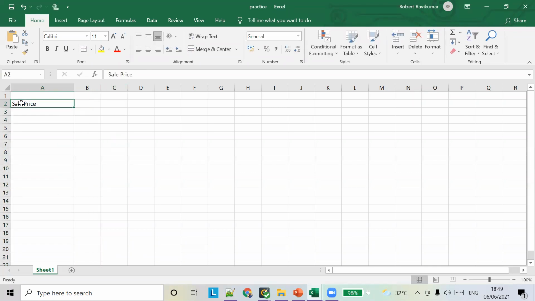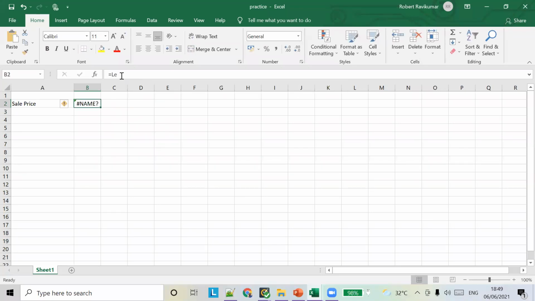This is a text, and in this, each one is a character. S is a character, A is a character, L is a character, E is a character. So if you want to take four characters from the left, you have to use this function.